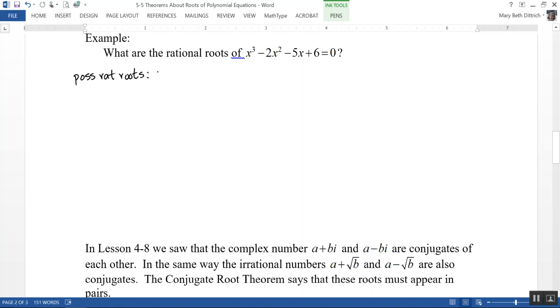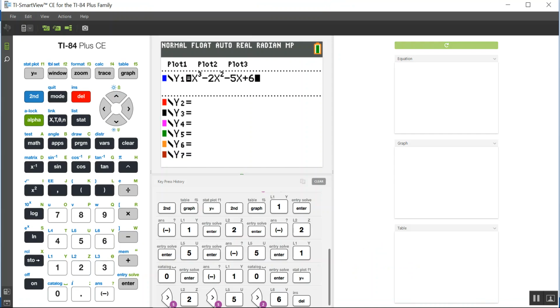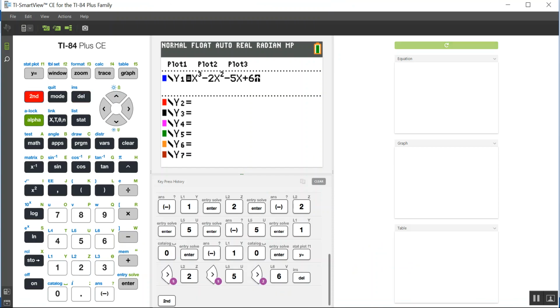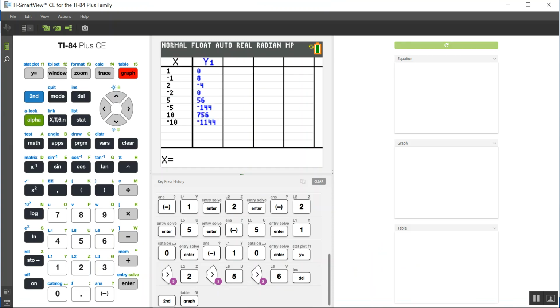So my possible rational roots are going to be plus or minus 1, plus or minus 2, plus or minus 3, and plus or minus 6. And I'm going to use the same method I did before and put this into my calculator. So here's my calculator, and I have that equation in here. So when I go to my table, the possible values I was going to put in were